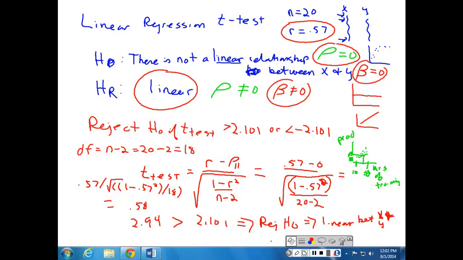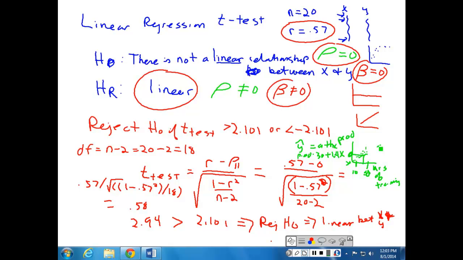But if someone had 100 hours of training, you would not want to use that equation. Let's say that we came up with Y hat, which is productivity, equal to A plus BX, and we had, let's say, 30 plus 1.4x, which would mean that if we extrapolated back down to here, that we'd have 30 for productivity, and that for every extra hour of training, your performance would go up by 1.4. At 100,